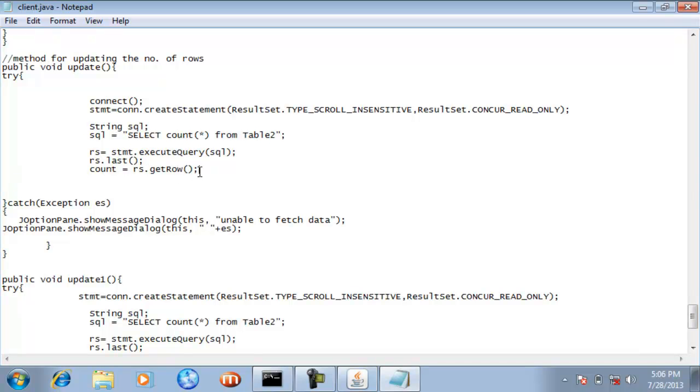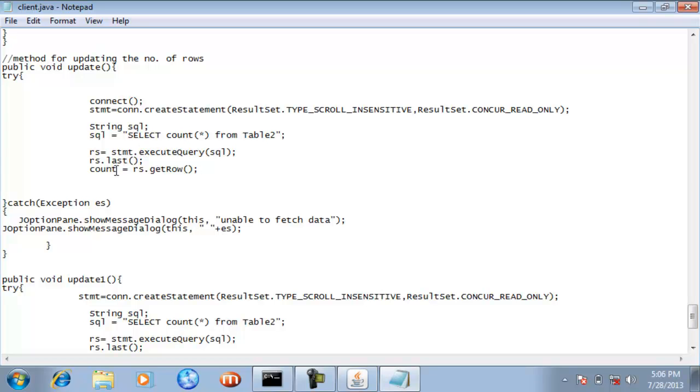What will happen is that rs.getRow will return the number of the last row. As we know that our table 2 contains only 2 rows, rs.getRow will return 2 to this count. So in this way, all the statements existing inside this update method will execute.